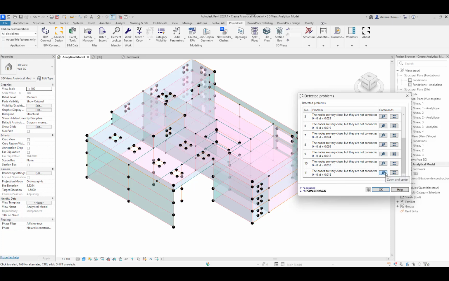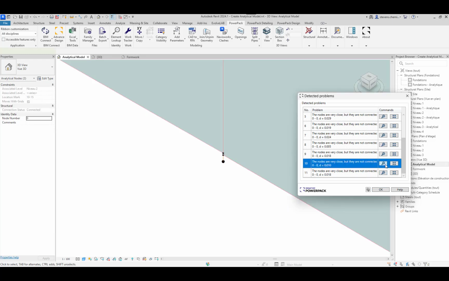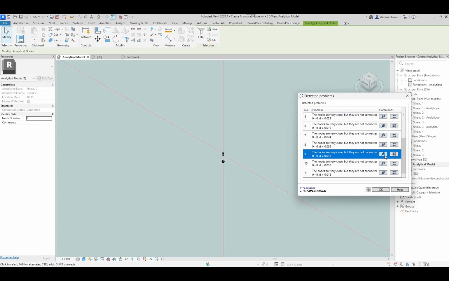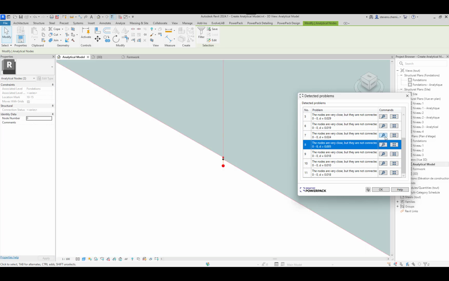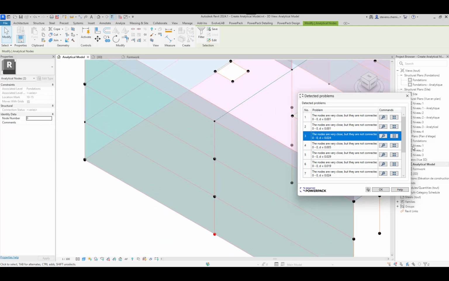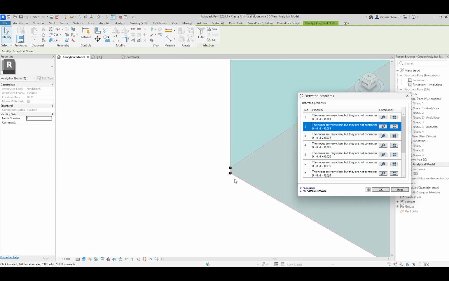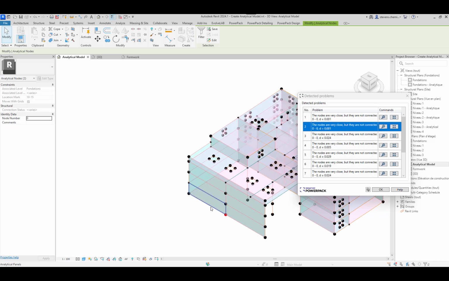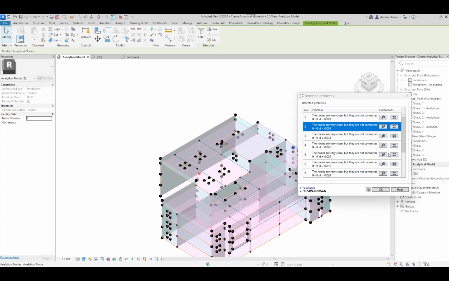And you see with this zoom and center button, I can simply press and navigate inside the model to see where all those issues are located.